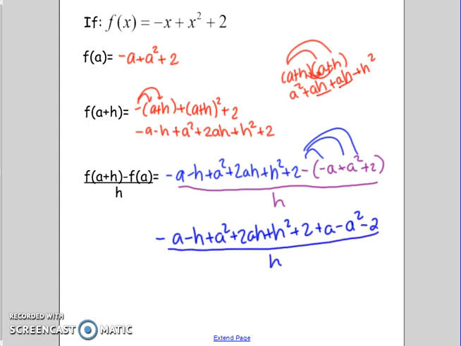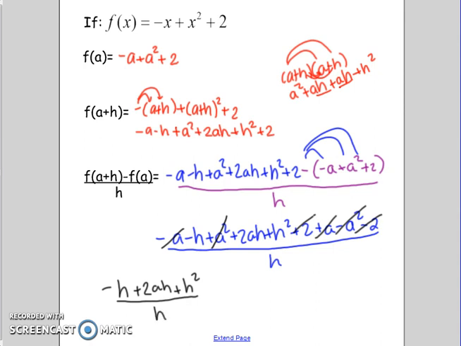All over h. So we're going to try to combine like terms on the top. So we have a negative a, but we also have a positive a. So these a's are going to cancel out. The a squared and the negative a squared are going to cancel out. The 2 and the negative 2 are going to cancel out. So what we have left is a negative h plus 2ah plus h squared